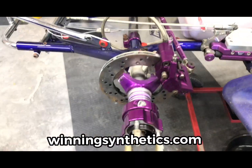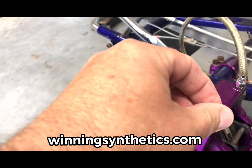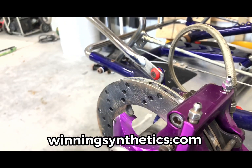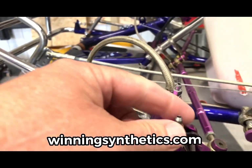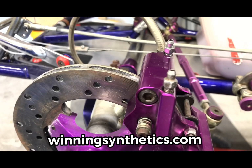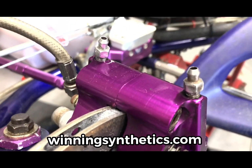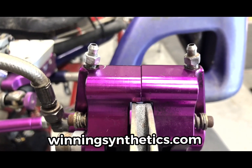Front brake calipers reinstalled. The other thing I did is take a wire brush and clean off the bleeder valves, because those were showing some signs of wear. Anytime you get brake fluid on something, it's pretty corrosive, and it started to pit the threads, and of course a little bit of that bleeds out every time you bleed the brakes. So we just took a wire brush and really cleaned those up real good. That should make for easier bleeding of the brakes, simply because you won't have rust and all that other stuff stuck down in the threads